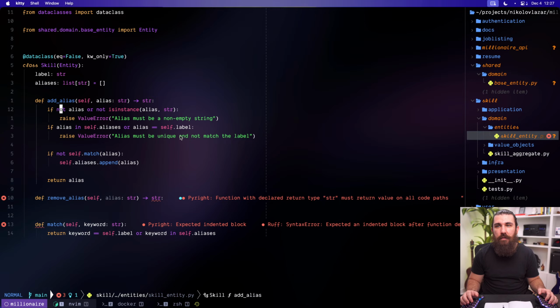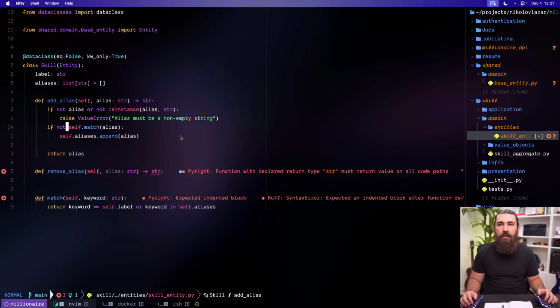So if it's not a string, it must be a non-empty string, right? If it already exists, which is basically the match, right? If it doesn't exist,